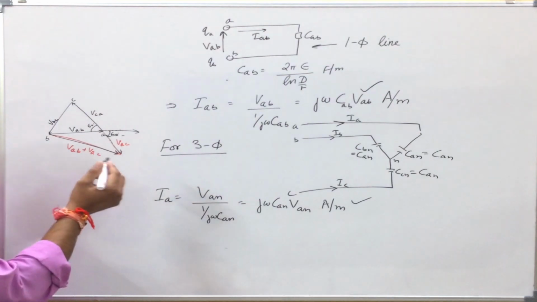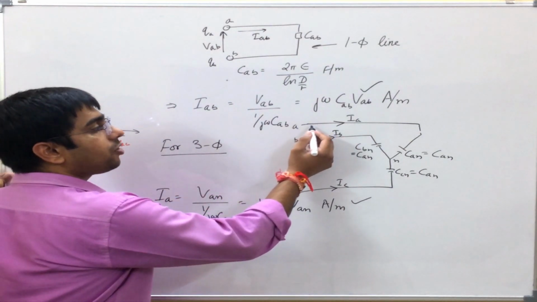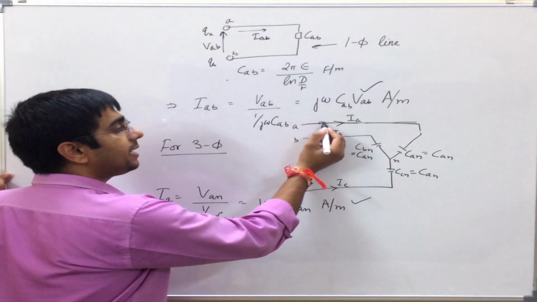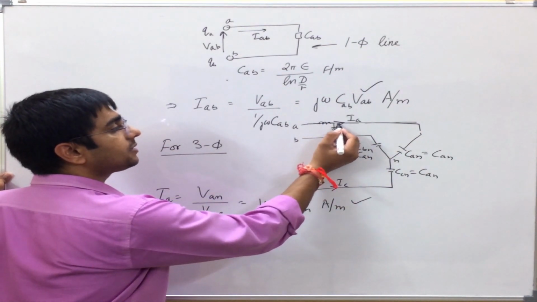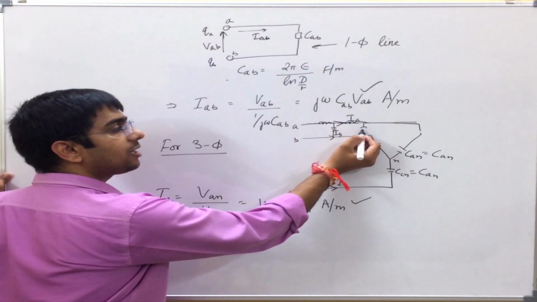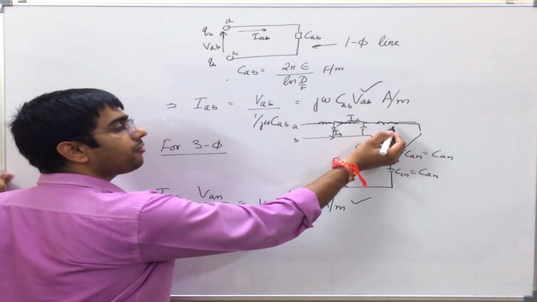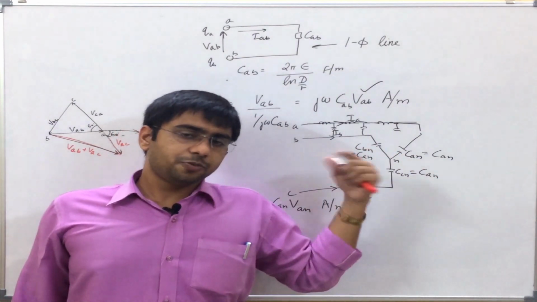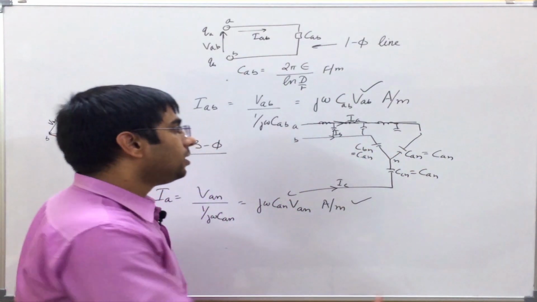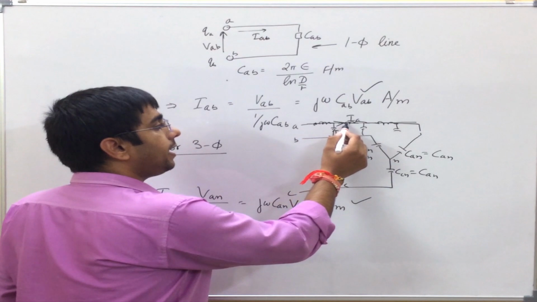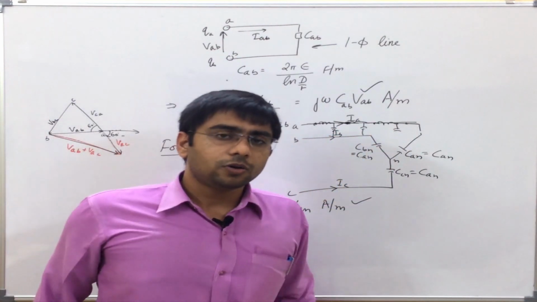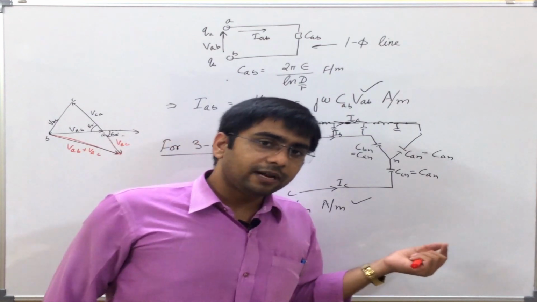As we know, there is a voltage drop along the length of the line, since both inductance as well as capacitance are distributed along the length of the line instead of being lumped. So the voltage here or at any other point will not be equal. So the capacitance will also not be equal.